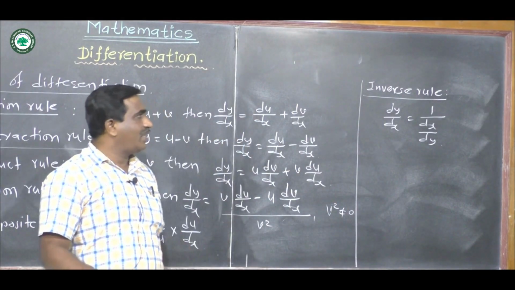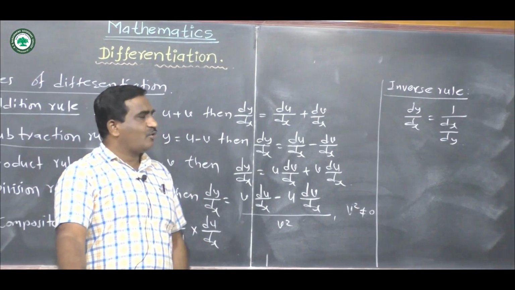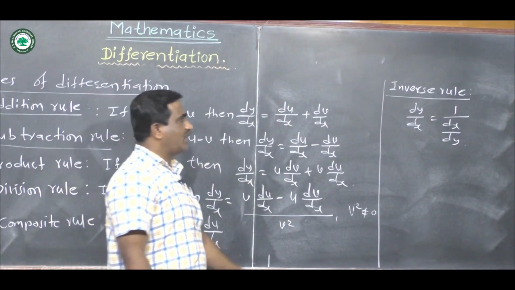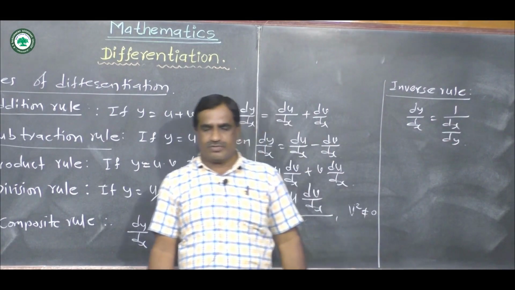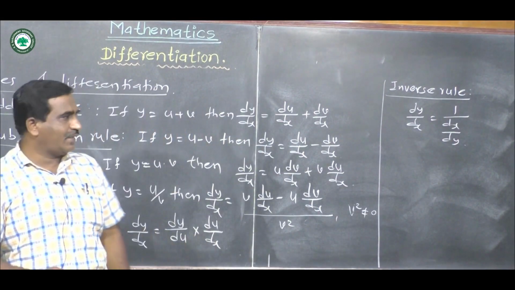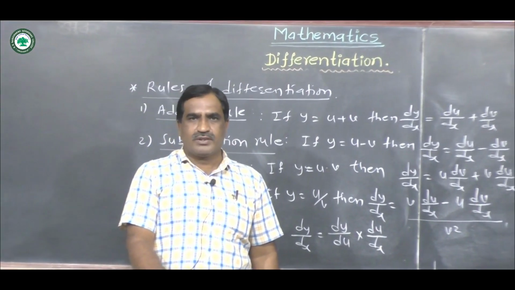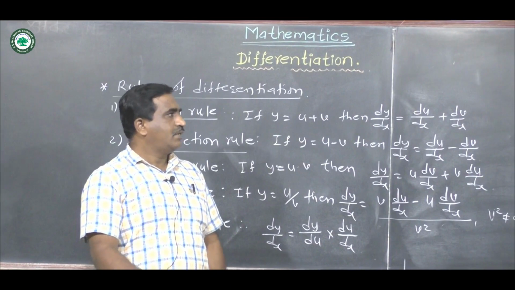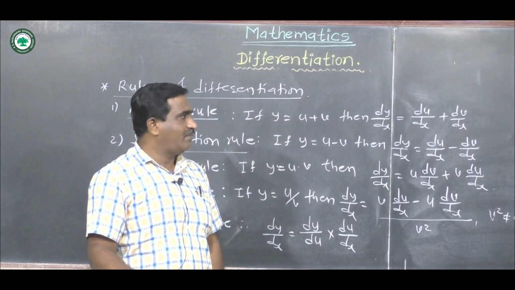We are given that y is equal to f of x is a differentiable function and x is equal to f inverse of y is also a differentiable function. Then we have to prove that dy by dx is equal to 1 upon dx by dy, which is called as inverse rule. Also we know some formulae for the trigonometric functions which we have seen in the trigonometric functions chapter, in first paper in mathematics.